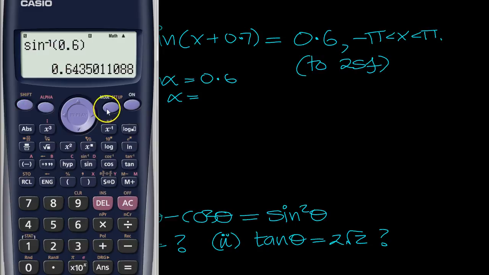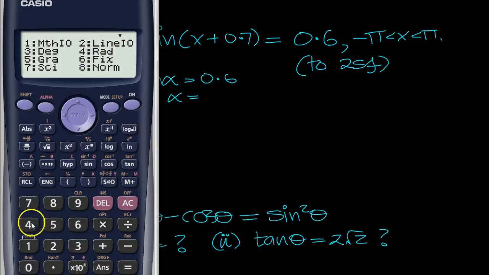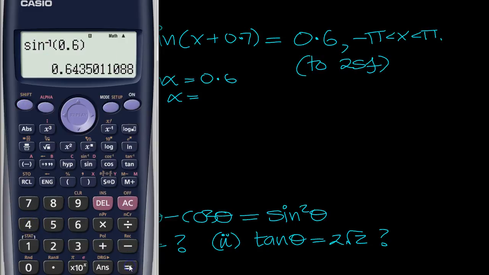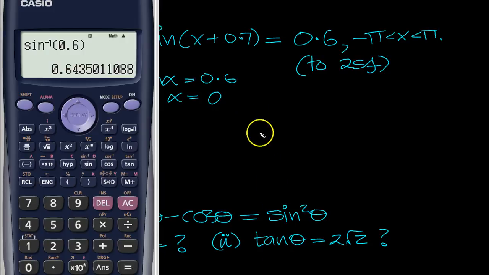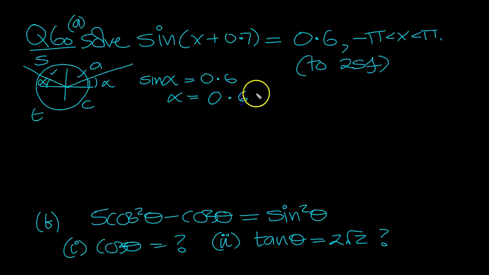Am I in radians mode? Shift mode 4. Yeah, 0.64. So what was that again? Let's just get that accurate. 0.6435. Okay, so